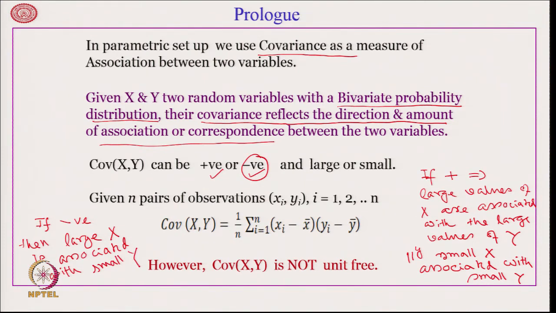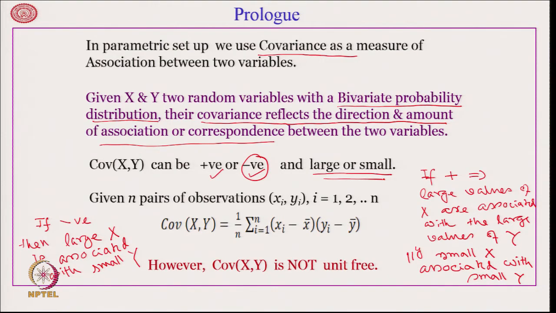And similarly, large values of y are associated with small values of x, and it can be large or small depending upon how much spread there is for x and y, and in particular if